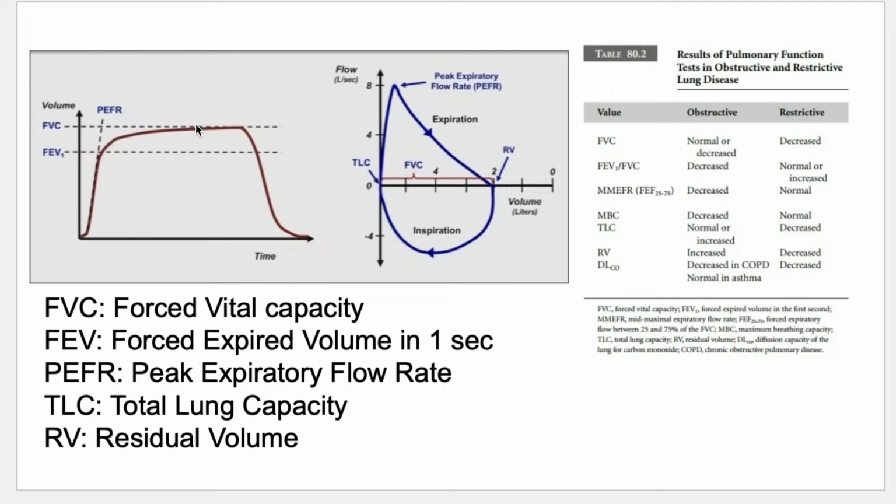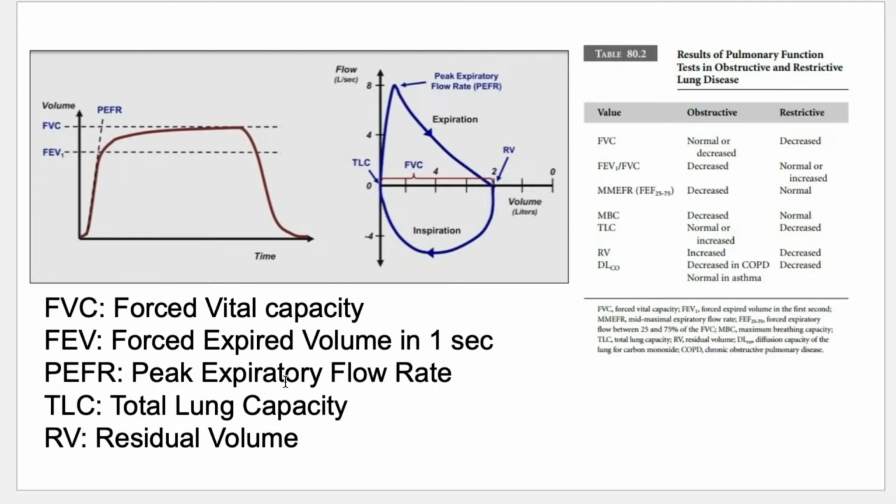And your forced expiratory volume in 1 second might seem odd, but it's because when we're breathing out, the most amount of air being breathed out is within the first second. Here we can see this curve on the second graph, most of the air being expired is during this first second. So that's why it would be a clue to lung health. At first I had trouble understanding why we care about the first second when we're expiring all this other air over here. And it's because that's where